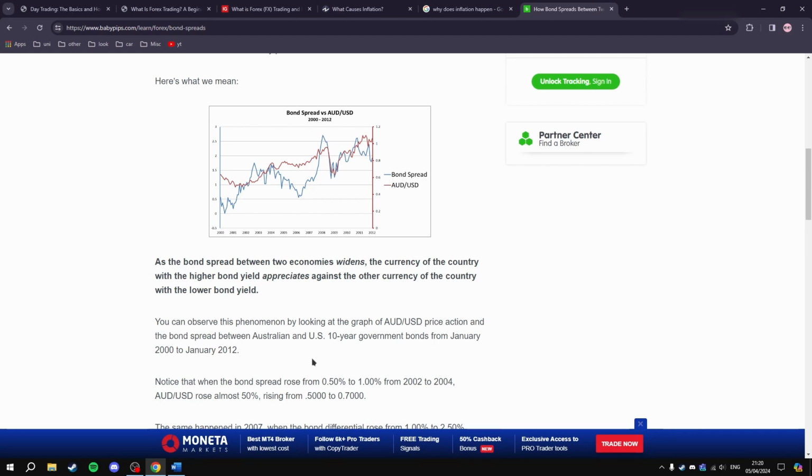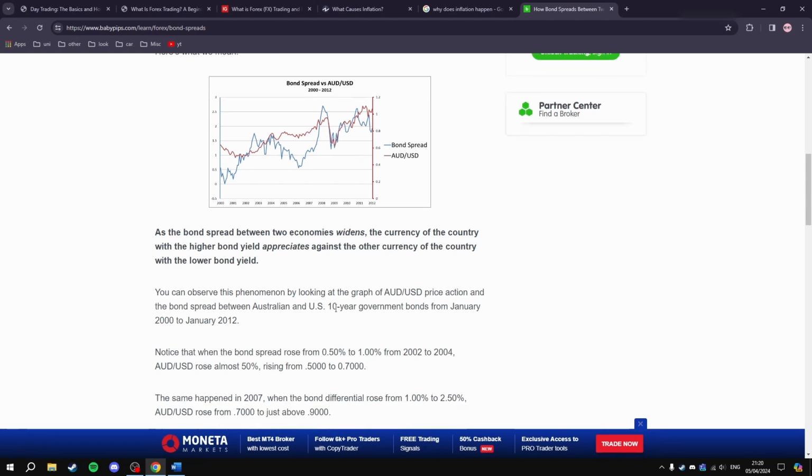You can observe this phenomenon by looking at the graph of AUD/USD price action and the bond spread between Australia and the US 10-year government bonds from January 2000 to January 2012. Notice that when the bond spreads rose from 0.5% to 1% from 2002 to 2004,